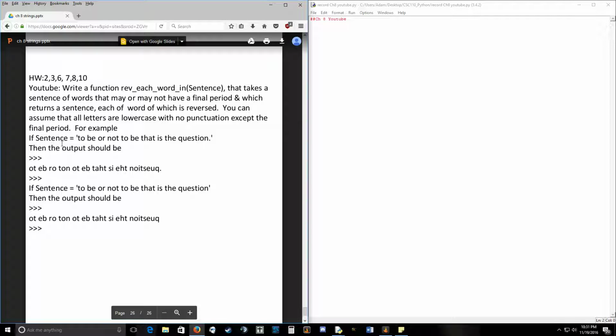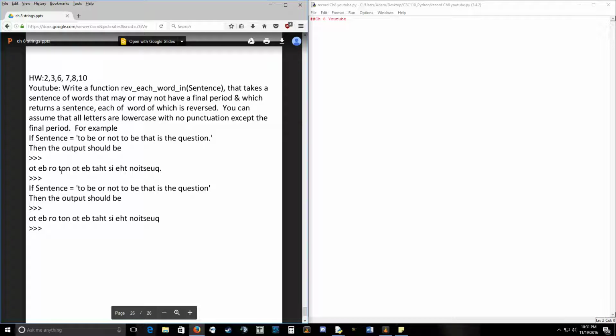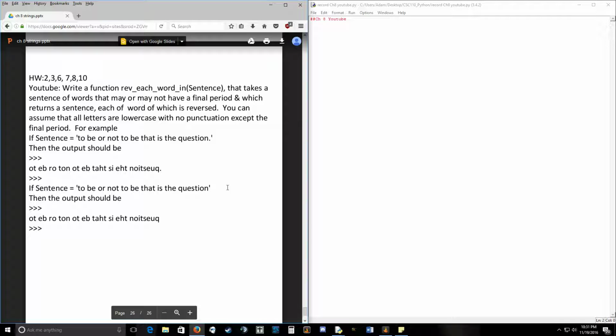For example, if the sentence is "to be or not to be is the question," the output should be "ot eb ro ton ot eb si eht noitseuq," or whatever. So that's pretty much it. So to start off with, we're going to